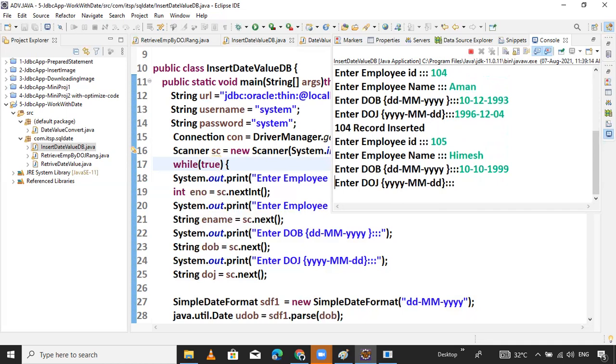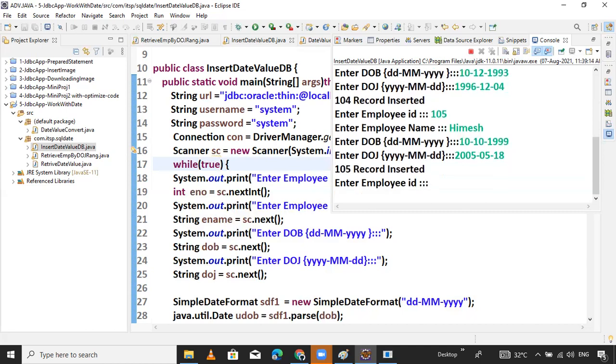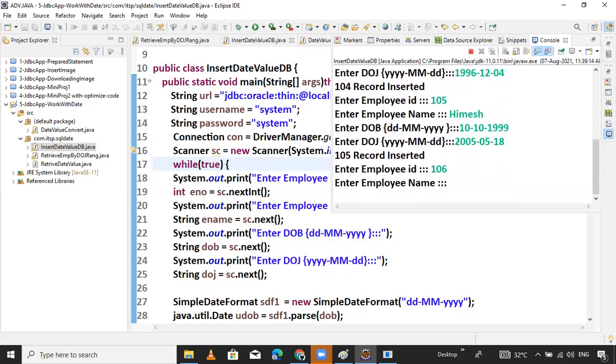And date of joining, he joined the company, suppose 2005 hyphen 05 hyphen 18. That got inserted. I want to insert one more, 5 not 6. Employee name Radhika is inserted.